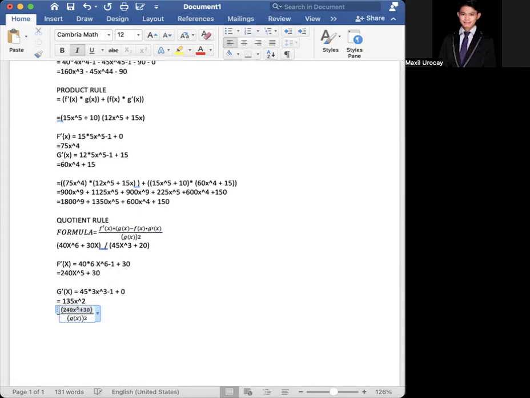Then that is times g of x, and your g of x is 45x to the power of 3 plus 20. So that is the basic that you will do right now. So that is somewhat almost completed. So that will be inside the